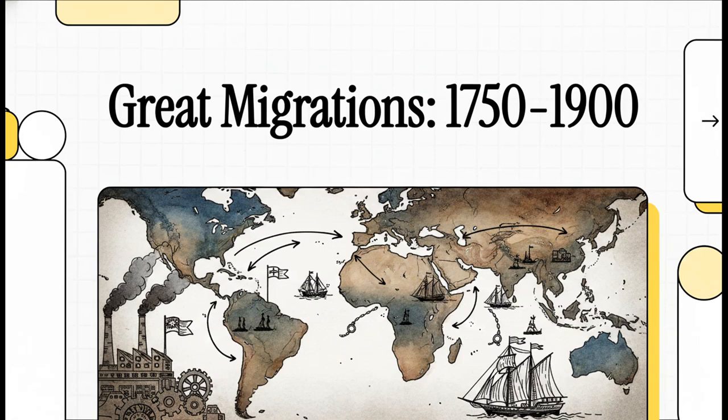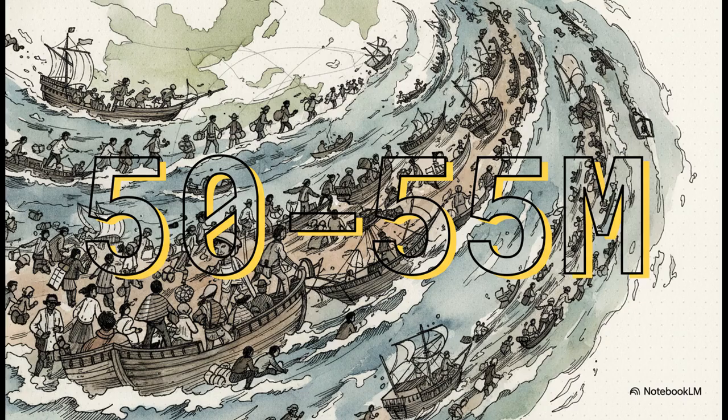All right, let's dive right into an explainer on one of the absolute most massive demographic shifts in modern human history. We're looking at a period that completely re-engineered the global map, driven by the twin engines of industrialization and imperialism. If you've ever wondered why certain communities exist exactly where they do today, well, the answers are largely rooted right here. Just to set the scale here, between 1815 and 1914, an estimated 50 to 55 million people migrated